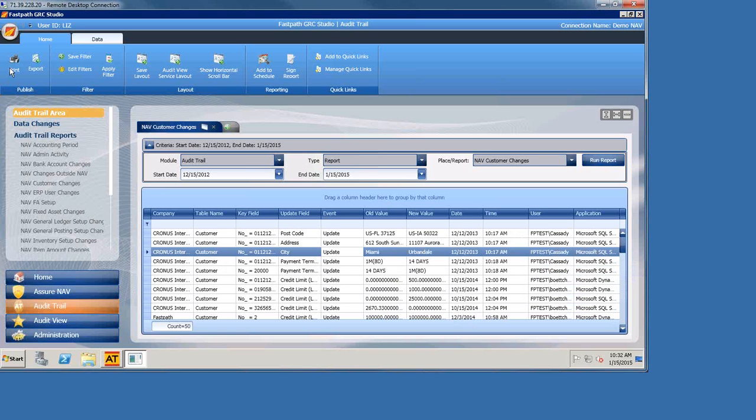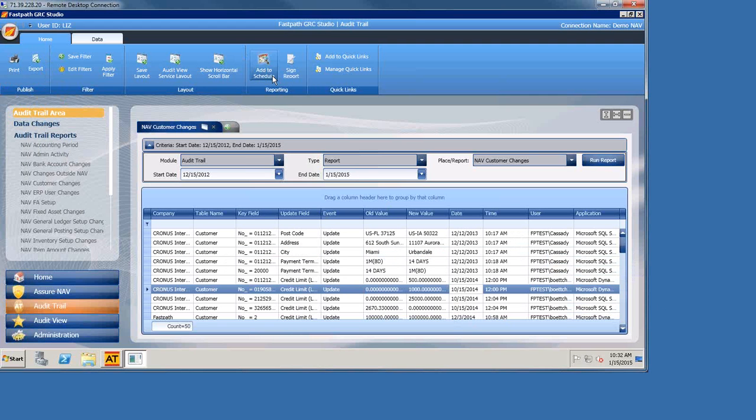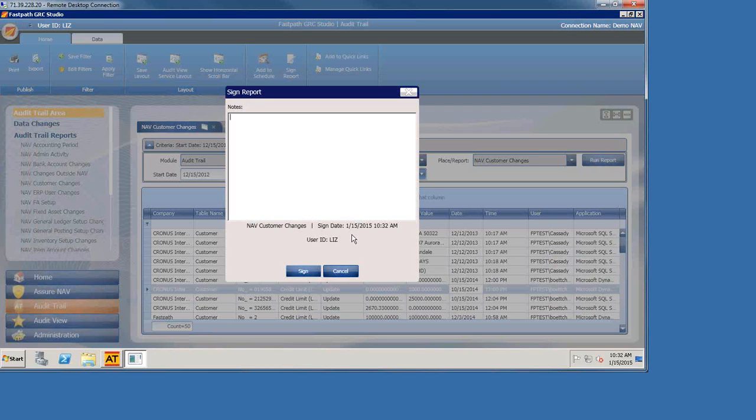Any one of these reports can be printed. They can be exported. We have 8 different file types. Okay, we can sign these reports electronically, and there is a signature log that is captured, and I'll show you that. So if I click on Sign Report, I can put in some notes. It's going to capture the report name, the date, the time that I'm signing, the user that's signing, and I can just say all. And I will click Sign.